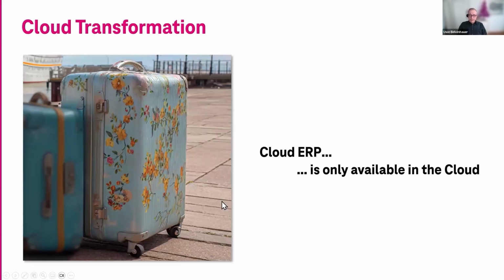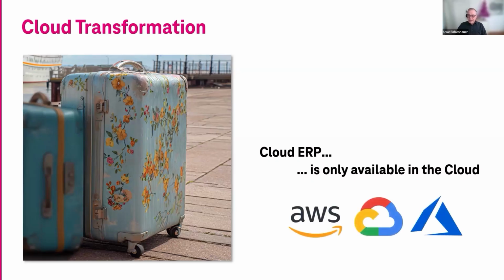And the last big thing is the cloud transformation. It sounds like a no-brainer. Cloud ERP is only available in the cloud, but until now, that meant you had the choice of one of those hyperscaler platforms. You could also choose for specific industries and for specific workloads. In the small part, you could choose SAP, but basically the idea was to scale this on the American hyperscaler platforms, which wasn't a problem. At least the problem was not imminent.